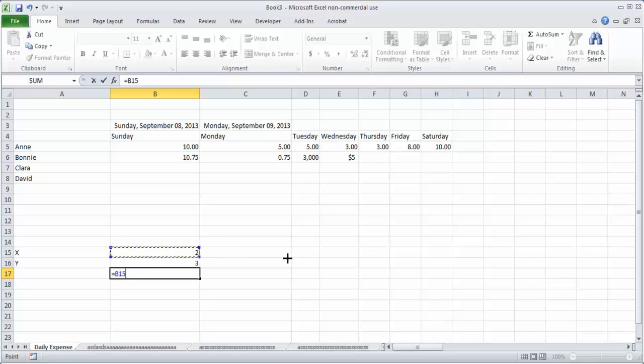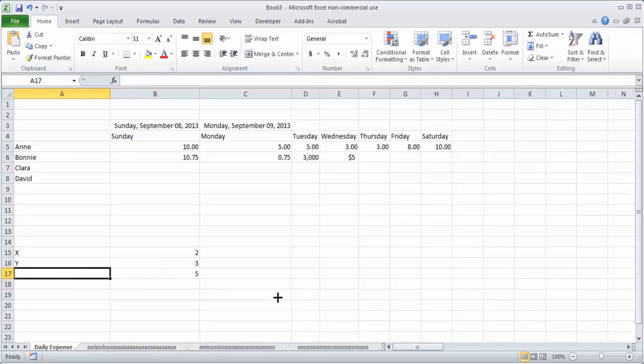Then you add plus. That means this cell is already included, B15, you can see that this cell is B15. This is B and this is 15. Next, we can select this cell, and we can see x plus y as the output.